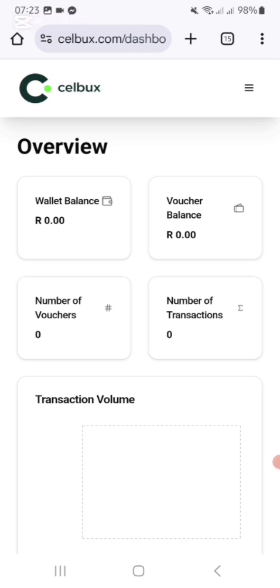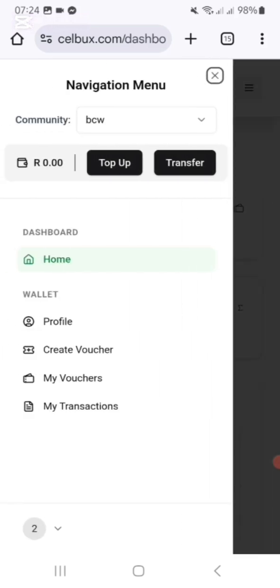I'm going to save it. It makes it easier. And here you can see when you've started earning. On my husband's account, we already started earning, so it's exciting to see. You get paid every Friday as soon as you've got somebody that joined before Wednesday, 5 o'clock. Okay, so you've got this app. You can go onto the burger bar here at the right side. And you can see there are options how to top up, how to transfer, to create a voucher. I will make videos on that later on.